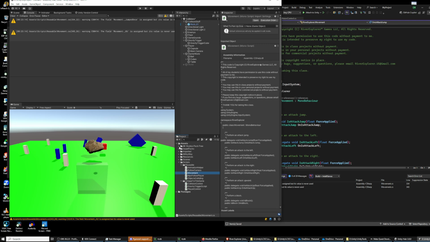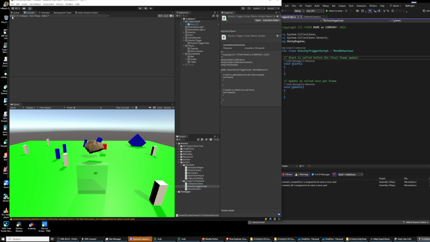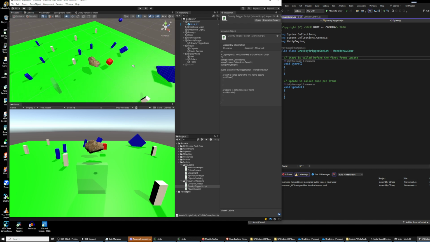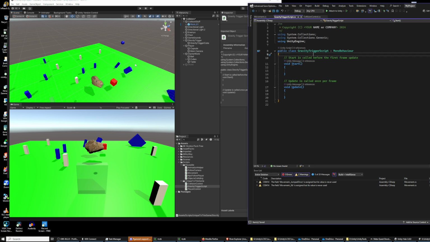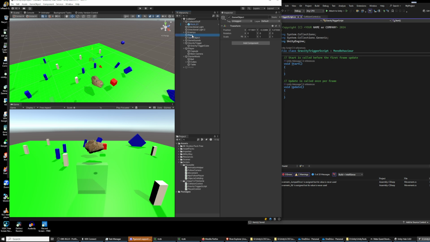Anyway, with copyrights. Let's go back down to gravity trigger script with your name up here. And in this case, we're going to make the rock and the ball, that's what it was, go back to scene here, fall, but only after we enter the trigger. So, and those are game objects, right? When you make a new empty, it's a game object. We just renamed it. I'm deleting this. So,